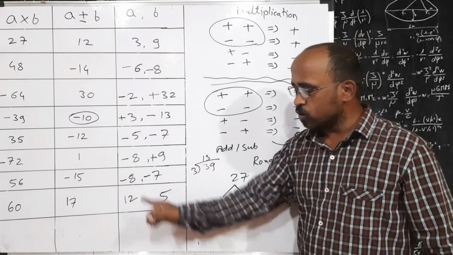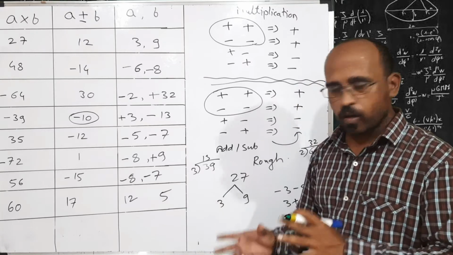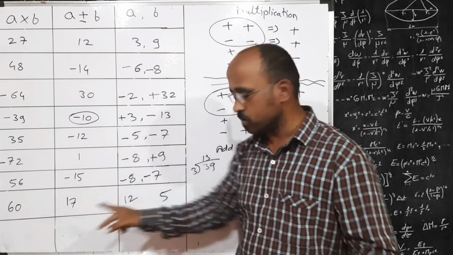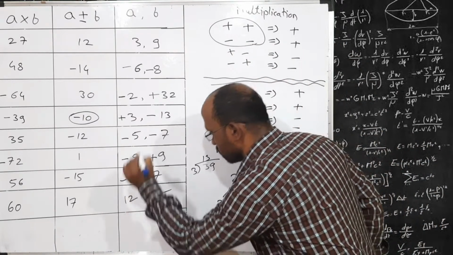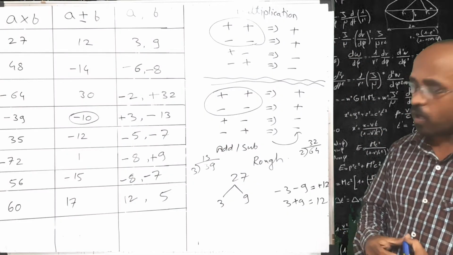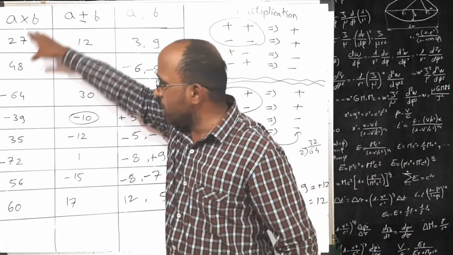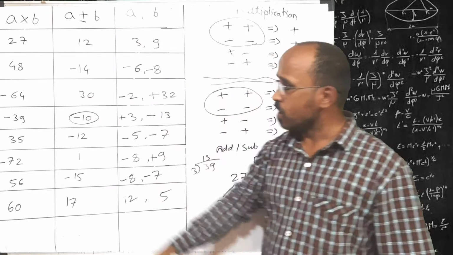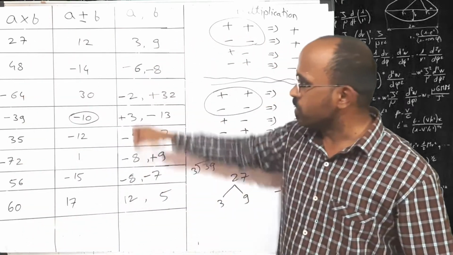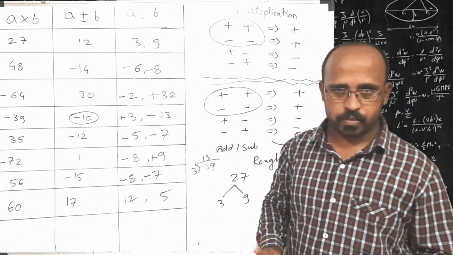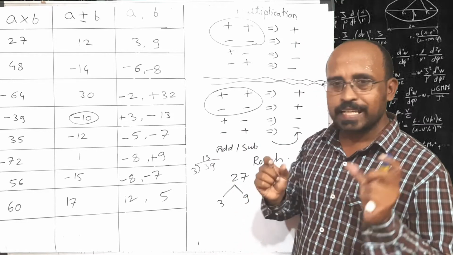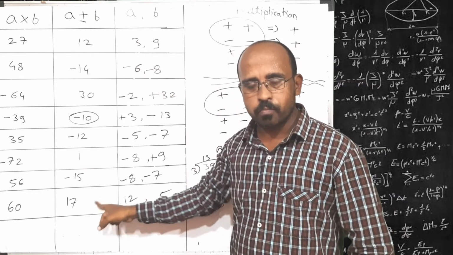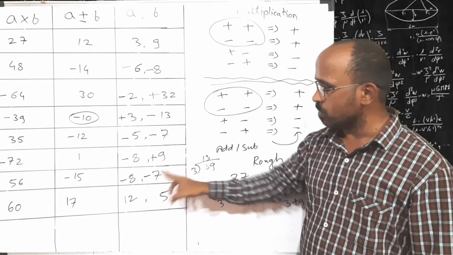But these two are either positive or negative. How will we decide? We will decide based on the symbol of this. If the symbol is plus, definitely these two numbers are plus. So what is our logic? Our logic is, if multiplication is positive, we have to look for the addition. If multiplication is negative, we have to look for the subtraction. First thing. Second thing, in case of addition, whatever is the symbol of the number in the middle column, that will be the symbol of both numbers, right?